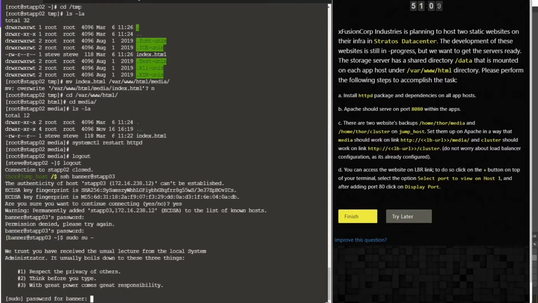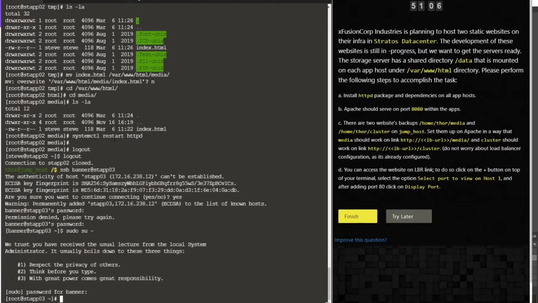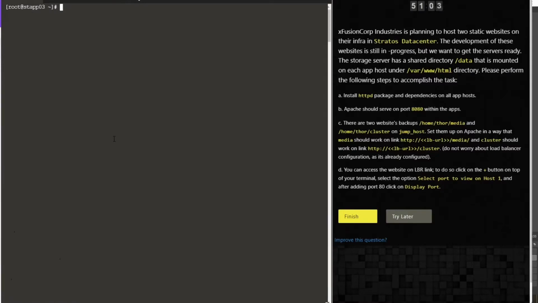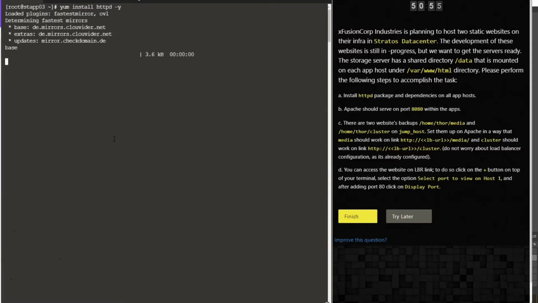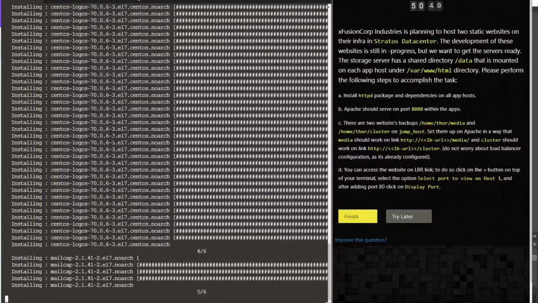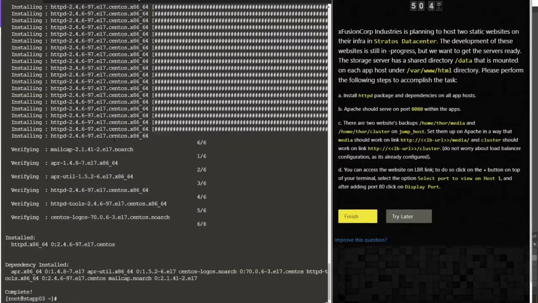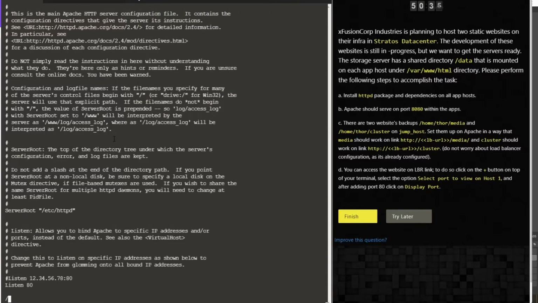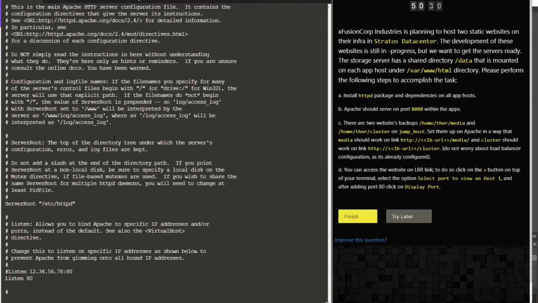Okay, let's switch to root. Let's try to install the HTTPD package. So we are basically following the same steps as we did in the second application server. And the reason why we are performing all these steps in all the three application servers is because we are going to be redirected to this particular website through the load balancer URL. And as per the task, you don't need to set up anything on the load balancer because it is already configured. So we are basically configuring the three servers from which we are going to get the incoming traffic.